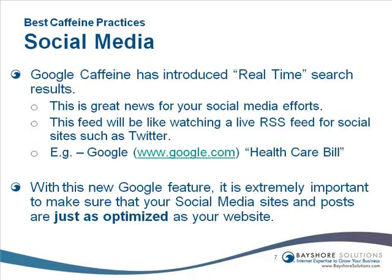The final aspect is probably the most important thing that Google Caffeine is going to be bringing to the table. Google Caffeine really equals real-time search, and that is going to be involving social media a lot. With that being said, it's really pushing the efforts for social media and for your company to make sure that you're having outside social media things like blogs, Twitter, Facebook, those kind of aspects. Twitter right now is one of the things that we're noticing some positive benefits with currently, with just the one rollout of the new infrastructure. And an example is if we go to google.com right now and Google healthcare bill,